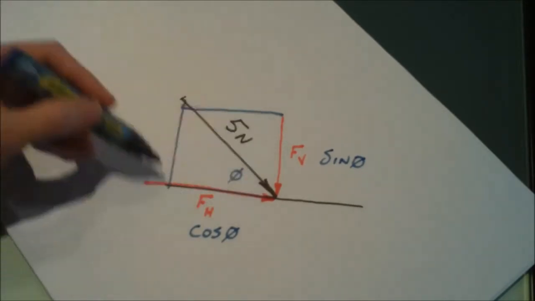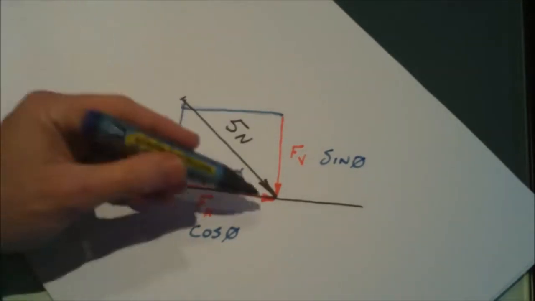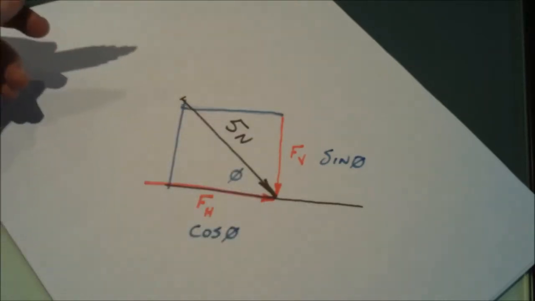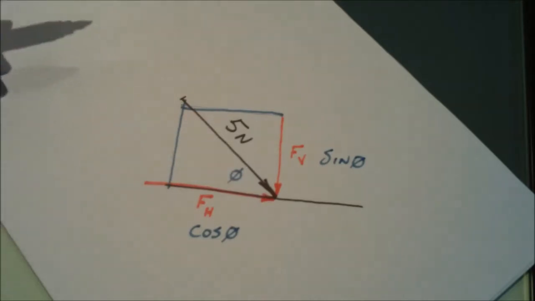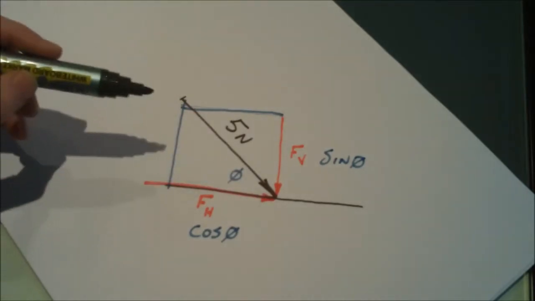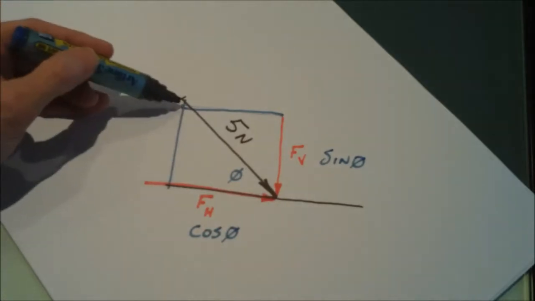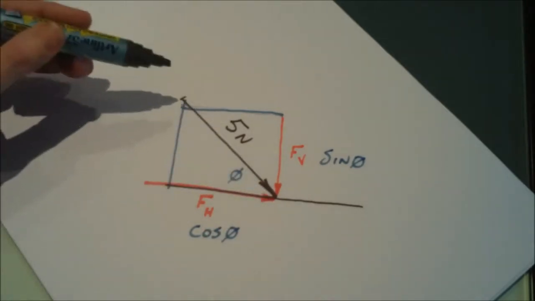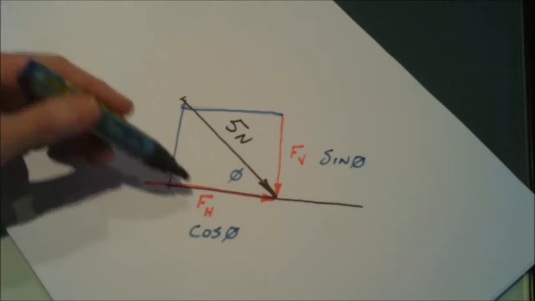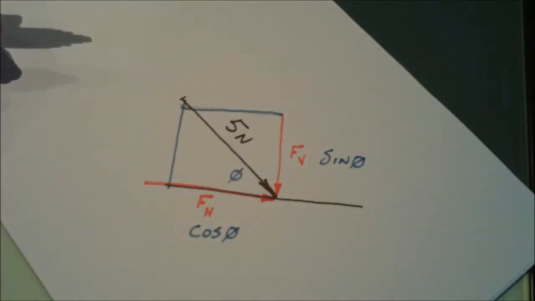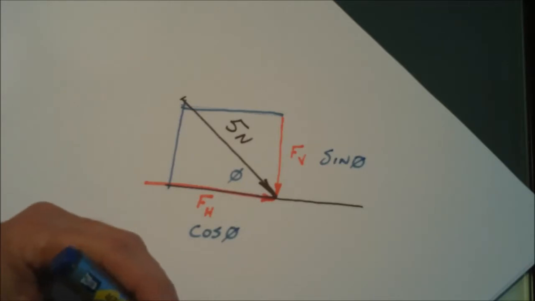So we really do have to have our head around being able to break a single force into two component forces, horizontal and vertical, and go the other way. So if we were given the vertical and horizontal components, we could make a resultant out of it. So just recall all of that. A force can be represented as a line, represented by a size on the line, a scale. That scale then can be used to calculate the sizes of the other parts if you wanted to work graphically. Okay, now,